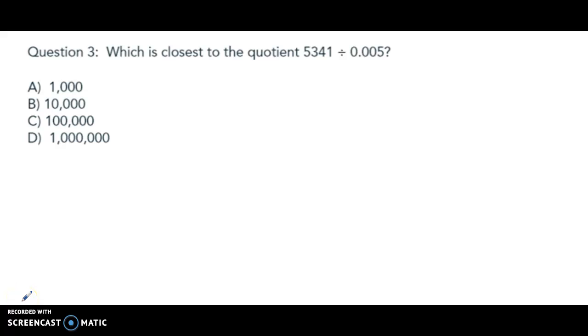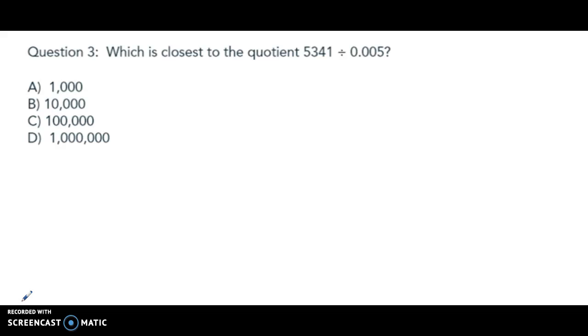Okay, there's a couple ways of going about this problem. One is to estimate, the other one is to think logically. And let's start with the estimating one. So if I look at 5,341 divided by 5 thousandths, I want to probably round that to the nearest thousands